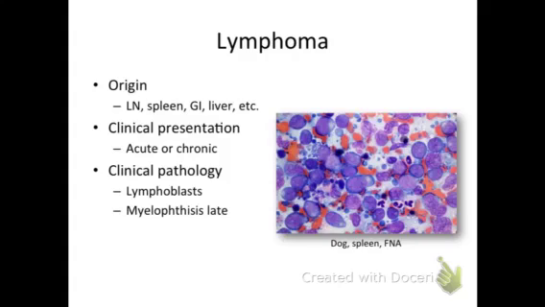Lymphoma typically causes decreased concentrations of blood lymphocytes, but occasionally it can have hematogenous involvement and cause a lymphocytosis. This is known as stage 5 lymphoma. In this case, there would be lymphoblasts in peripheral blood, like the ones I previously described. However, like CLL, lymphoma causes myelophthisis late in disease, so decreased production of hematopoietic cells are not expected at initial presentation.